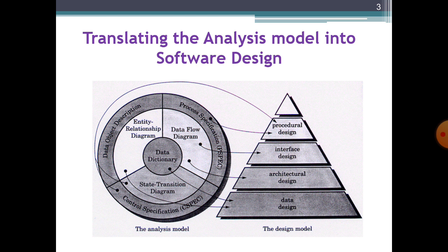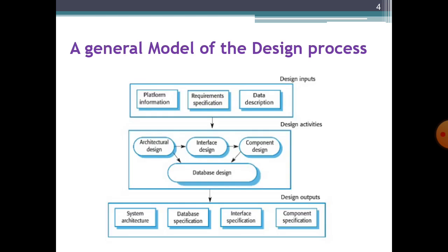So students, it's a very important diagram. All of these concepts in the analysis model and design model have been discussed, and in this slide we see how an analysis model is mapped to a design model, and what the analysis entities or analysis elements are working behind the different types of designs contained in the design model. So students, the next important point we are going to discuss is a general model of the software design process. What actually is a general design process?